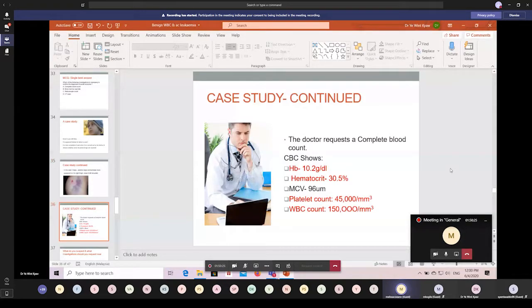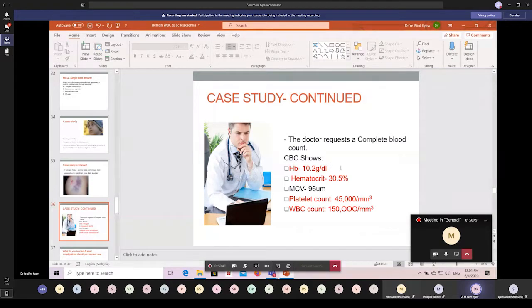But here there is no normal value. That is what you can see. What is the key point for diagnosis? Anyone, not only Alif. Anyone can tell. If you want to know how to interpret the complete blood count,